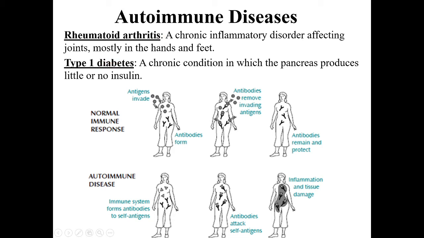In case of rheumatoid arthritis, it is a chronic inflammatory disorder affecting joints, mostly in the hands and feet. And in case of type 1 diabetes, it's a chronic condition in which the pancreas produces little or no insulin. So I'm not explaining this image, but you can go through it. But overall, if I concentrate on type 1 diabetes,